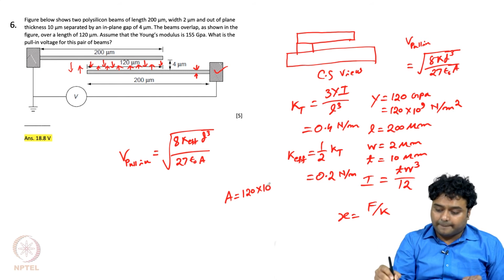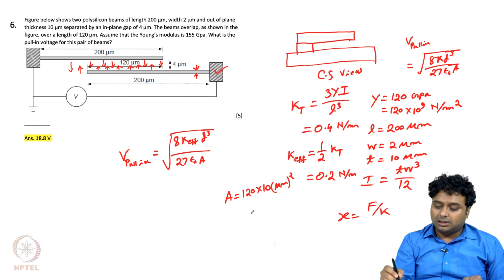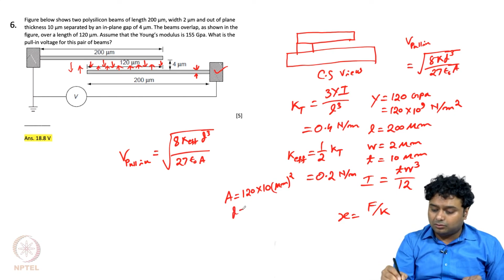So 120 into 10 micrometer square, right. So there will be 10 to the power minus 6 into 10 to the power minus 6, 10 to the power minus 12 coming out of this, okay. So this is A, and then d equals 4 micron,